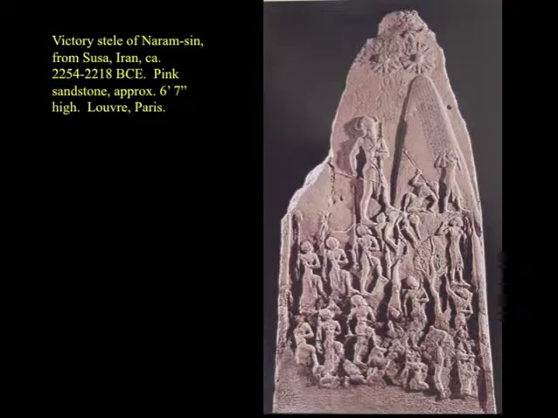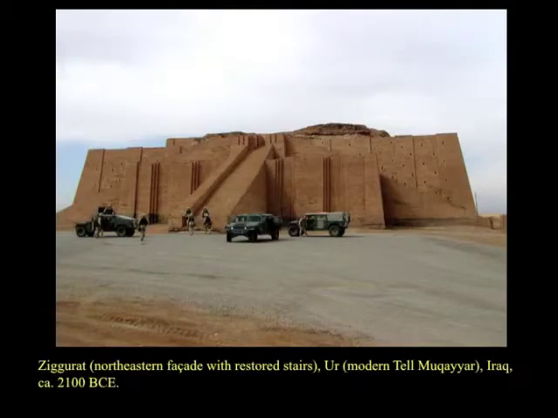We have them cowing and begging for mercy in front of him, tumbling and falling down the mountain. Also interesting to note that the enemies here, which, by the way, is a group of people called the Lalubi, who he defeated, are shown in this very loose, random posture. You can see their limbs are all twisted, and his soldiers, on the other hand, are all quite rigid and upright, showing their organization, their strength, and their power. So just looking at this object, we can really glean a tremendous amount of information about Naram-Sin and about the